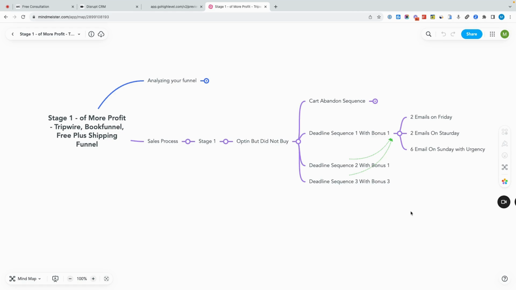Now here is the second stage that you have to go through. So once you're done with the cart abandonment sequence, you need to go through the second stage, which is running the dandelion sequence. And I want to give the full credit to Frank Kern because this is what I learned from his course. I'm using his framework, so he should get the credit. What you should do next is you need to take your funnel and you need to run deadline sequences. Okay? So what you need to do